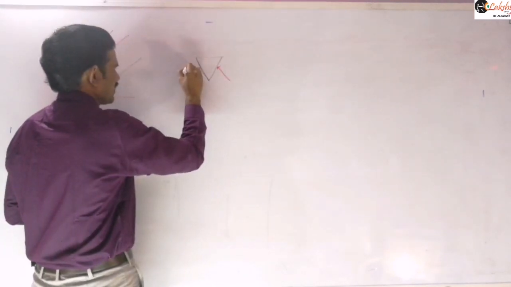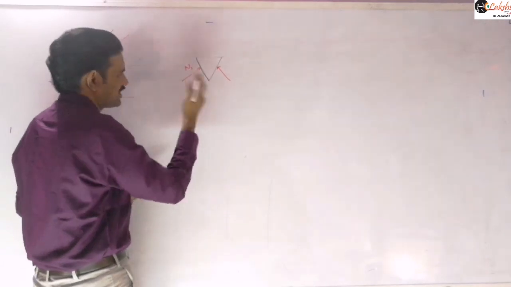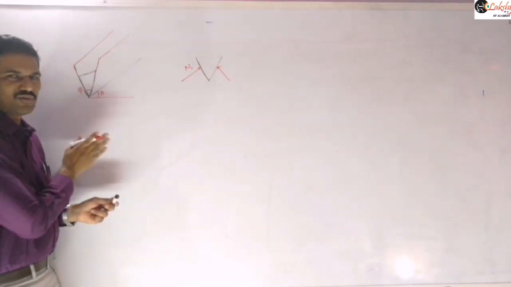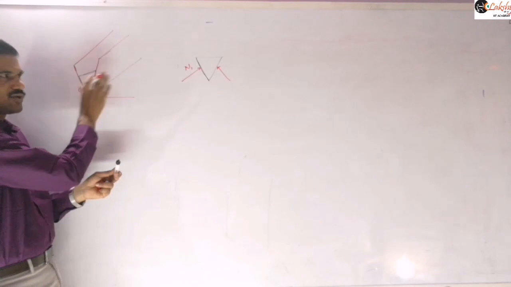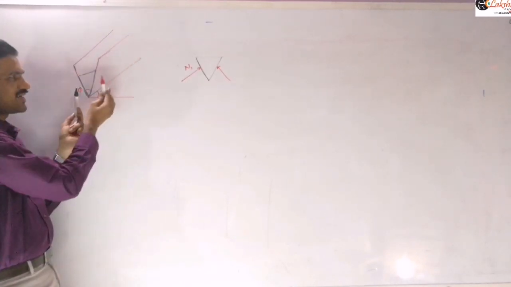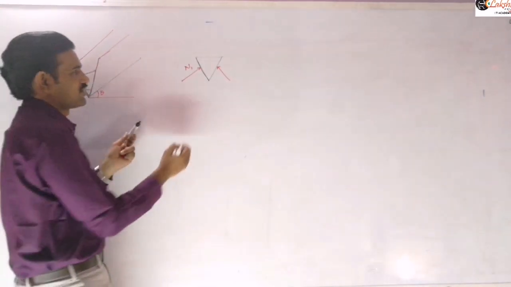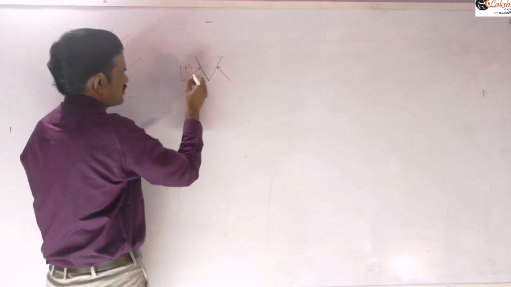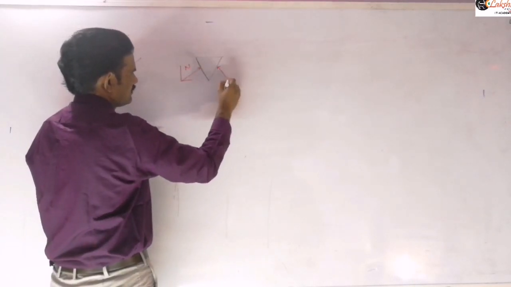Those two are making an angle of phi with each other. One normal reaction will be there like this, and the other normal reaction will be there like this. Say this normal reaction is N1, and both are equal, because perpendicular to these planes, along this direction, perpendicular to this edge, they should balance with each other. So I am taking those two as equal.